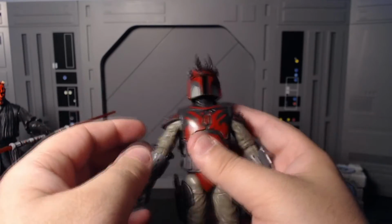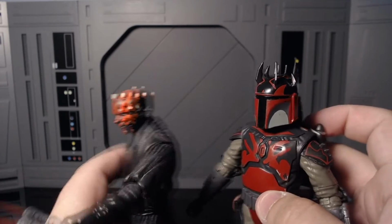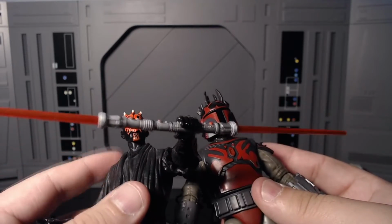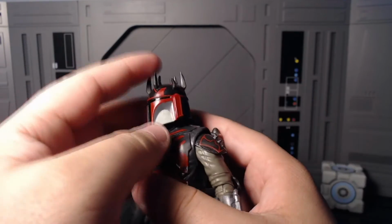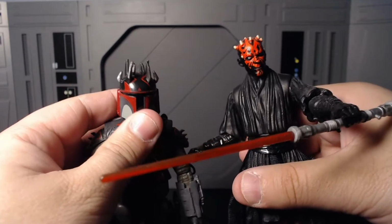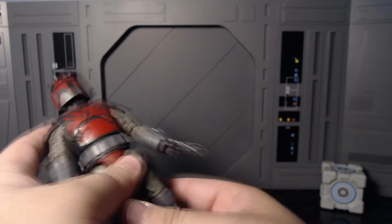But I'm gonna go ahead and get into the articulation of this guy. Actually, first I want to show off the horns, because yeah, he's not the same exact red as Maul, but maybe the Maul is a little too bright. I don't know. I'm kind of hoping they eventually make a Clone Wars Maul figure, but for now they'll look pretty good with him. Yeah, really like that a lot. Yeah, you got all the Darth Maul spikes here. Fucking awesome. I mean, oh my god. Yeah, the tattoo pattern. I love this. I can't get enough of this. I really do hope they end up making more of...